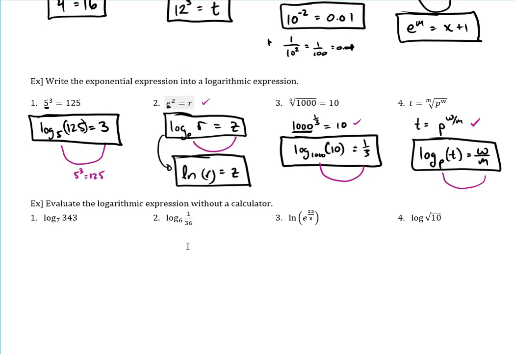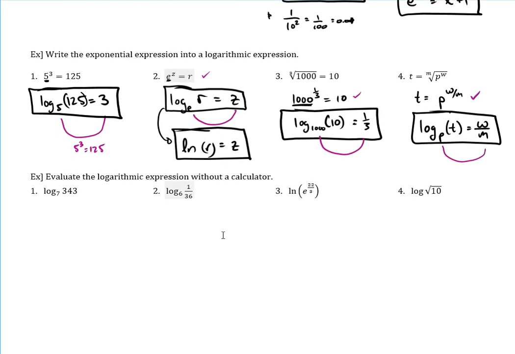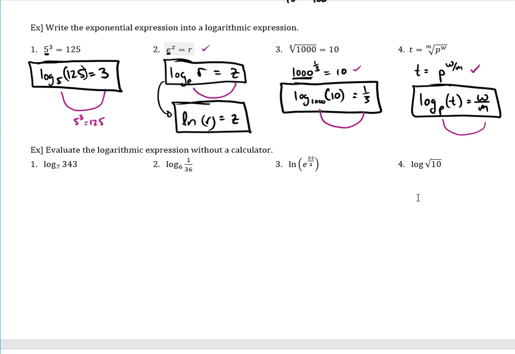Let's write these ones out. So here it does say evaluate by hand, so without a calculator. Often it's better. It's very quick to do it without a calculator. Anyway, number 3 and number 4 we could. Number 1 and number 2, without a calculator, sometimes these buttons aren't even there. I mean, some of them have it, but again, I think it's just going to be just as easy to do this by hand. All right, so the way that we can do this,